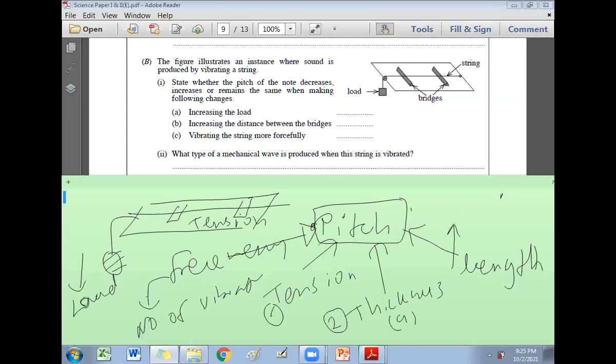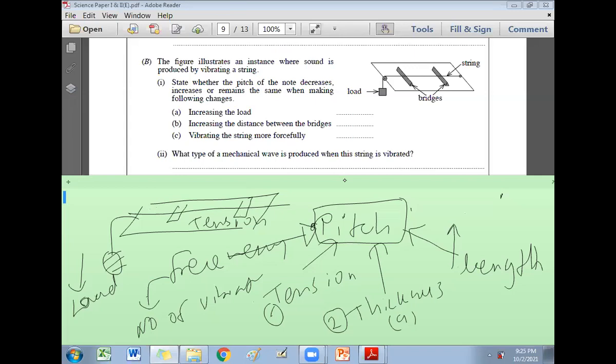Those who have done it, some of the students raised their hands. Very good. Because there are nearly 80 students, it's not practical to ask the answer from one by one. But anyway, you know whether you have done it or not, right? Otherwise, you are burning your parents' money. Part 1, increase in the load: pitch increases. Not the whole sentence, just one word, increases, is enough, because pitch is given in the question.